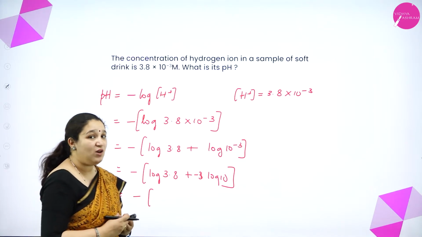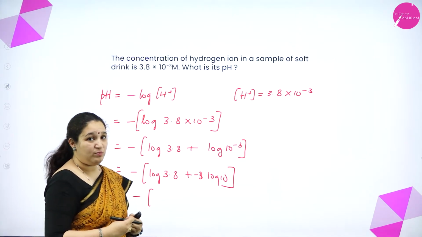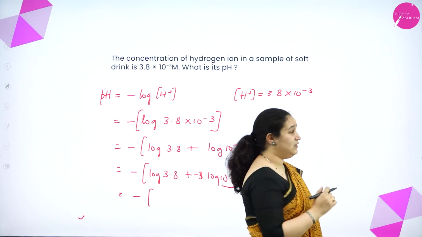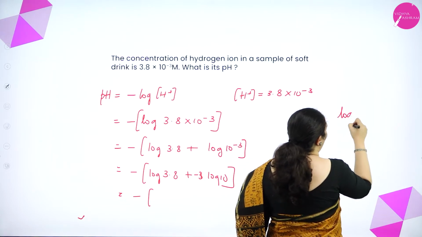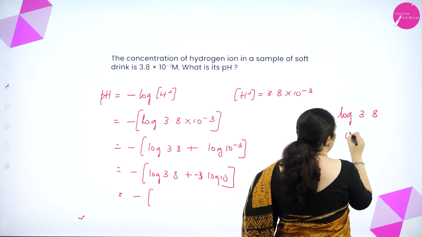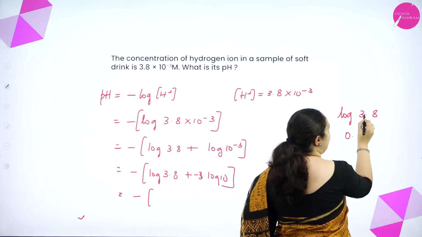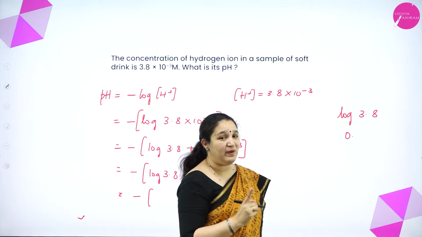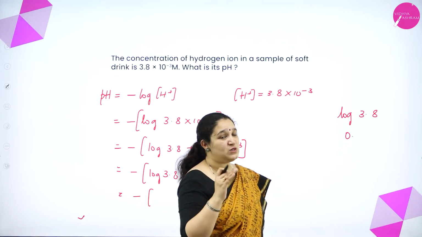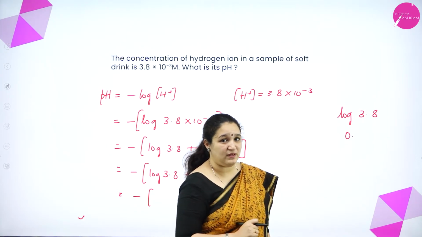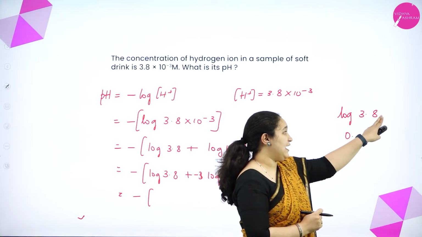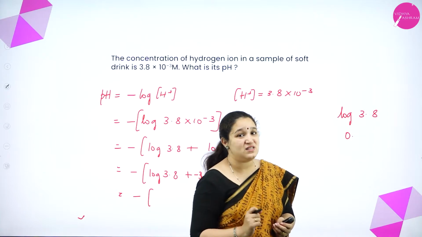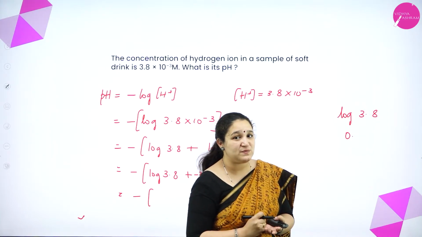Now how do I use the log book? I have to take the log book and see the value 38 under 0. So log of 3.8 is 0 point. Why 0 point? Because before the decimal point there is one number. So your log value will be 0 point, and then the 4 numbers you get from the log table. Now 2 numbers I have, that means the third number is 0. So I have to see 38 under 0. What are the 4 numbers present there?